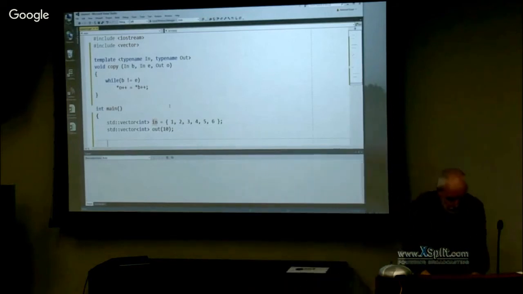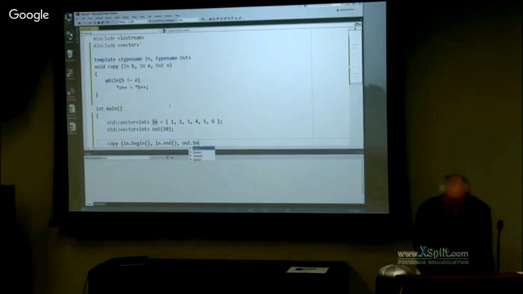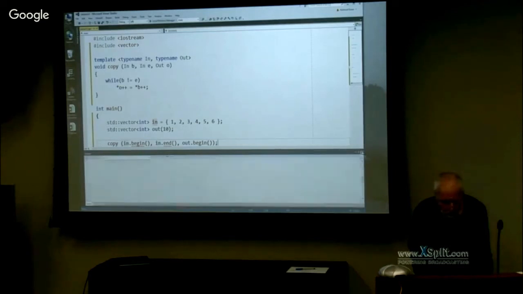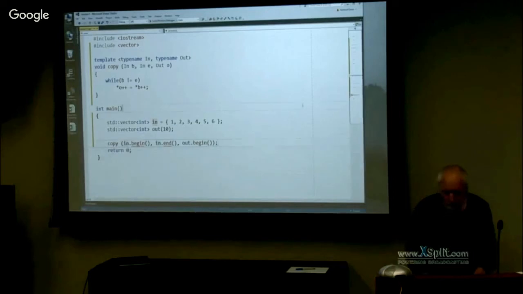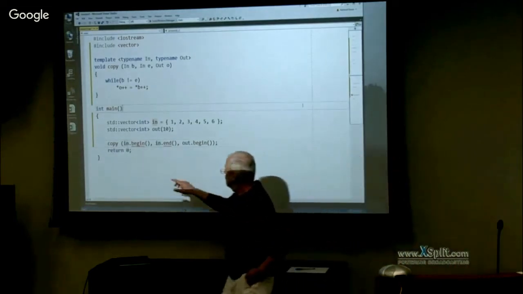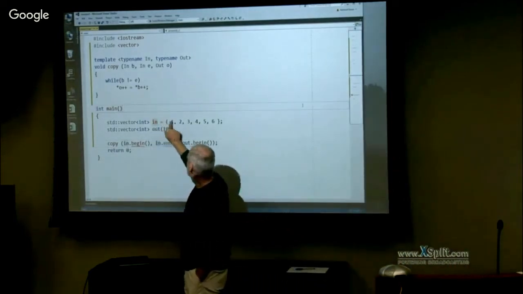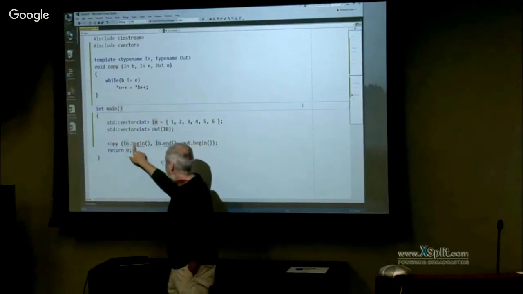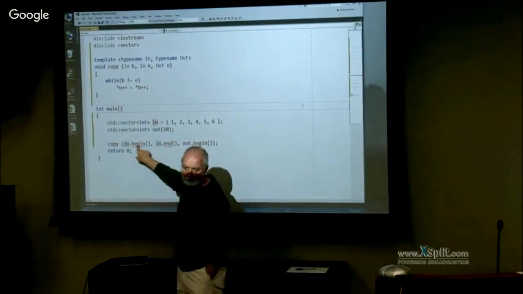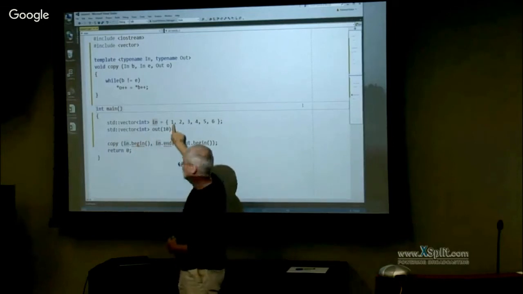Then I can use my copy algorithm just by saying in.begin, in.end, out.begin. So in is a vector which has 6 elements, and in.begin gives me the iterator to the first element, to the 1.